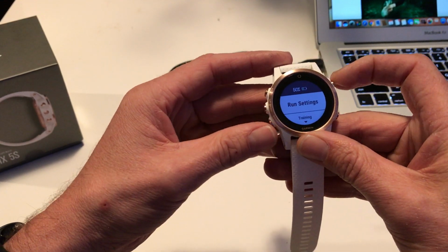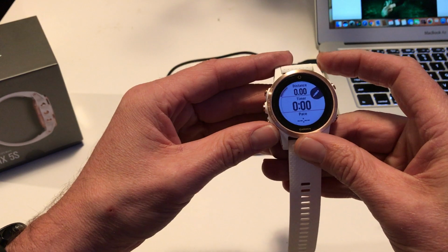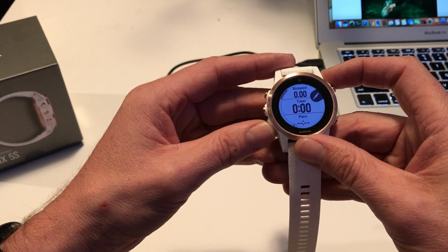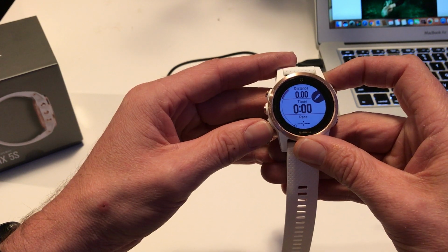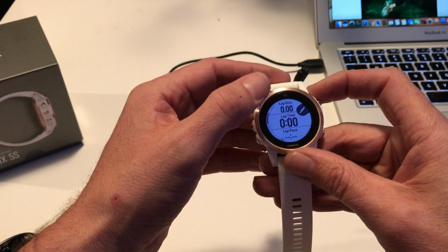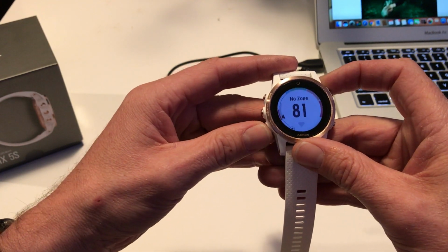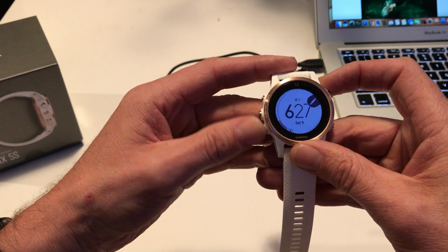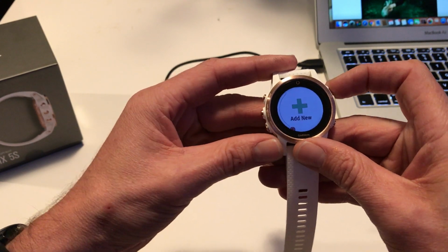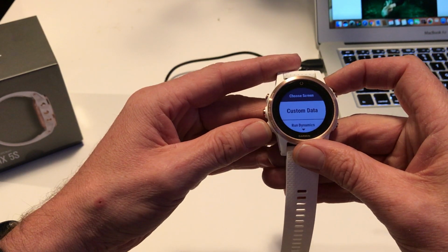What we will do, however, is go into the run settings and look at the data screens that are set. So distance, timer and pace. Those are probably the big three things that a typical person will want to know as they're running. Supplementary information is lap distance, lap time and lap pace. Time and zone, or whichever heart rate zone is applicable, the time of the day, and if we go into add in,